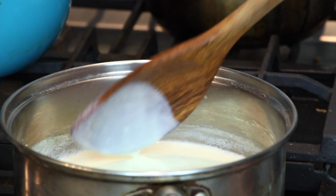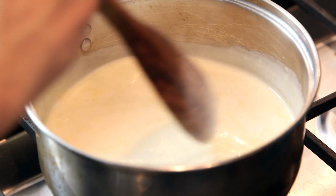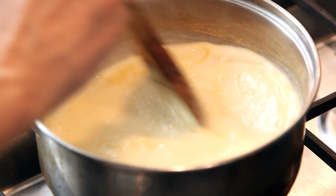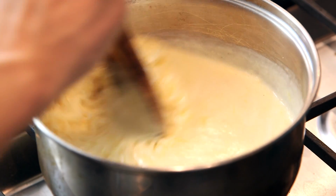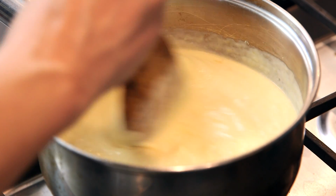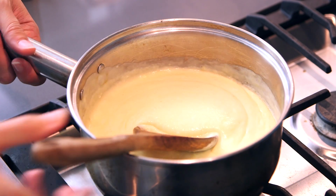So I'm using a mix here. I'm using some sharp cheddar that's gonna make it be cheesy and cheddary. And I'm using some Gouda because Gouda melts really, really well and makes a nice smooth cheese sauce. And then I'm using some Parmesan for a little bit of extra saltiness and nutty, cheesy flavor. As soon as you add the cheese, the sauce thickens up quite a bit too, even though it's off the heat. So you get your cheeses mixed in, and then you can just set your sauce aside while we cook